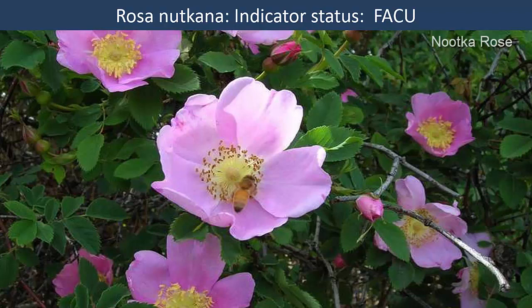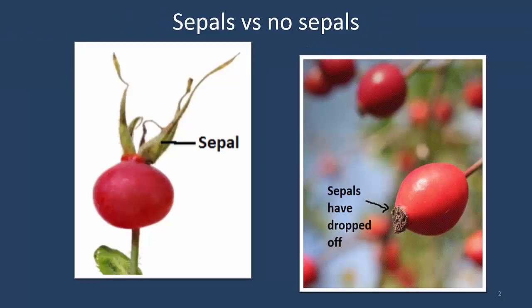How many leaflets are on one leaf and the size and abundance of thorns on a stalk can help with plant identification. Luckily, most native roses have similar indicator status. Rosa woodsii and Rosa gymnocarpa are FACU. However, Rosa pisocarpa is FAC. Sepals are located below the flower petals and are usually green. Whether sepals remain attached to the rose fruit throughout the winter can be useful in identification of native roses because most of the native roses in eastern Washington do have sepals.